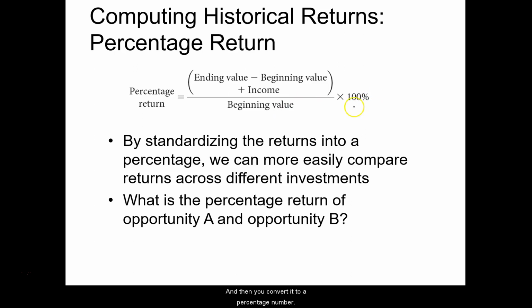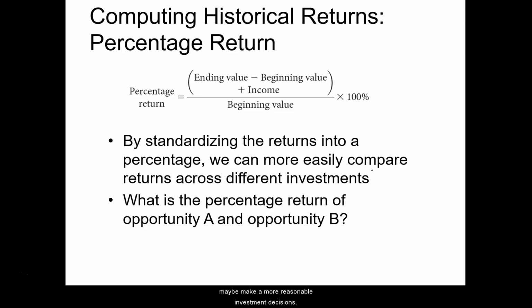And then you convert it to a percentage number. So this is actually a process of standardizing the returns from a dollar amount to a percentage number. And now when you do that, you can actually compare the percentage return across different investment and maybe make more